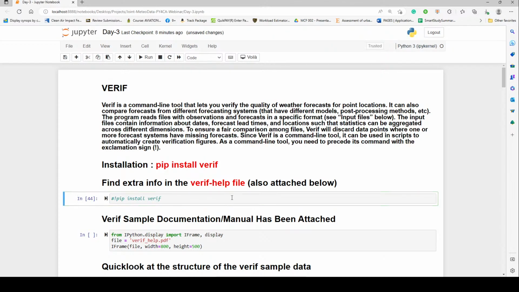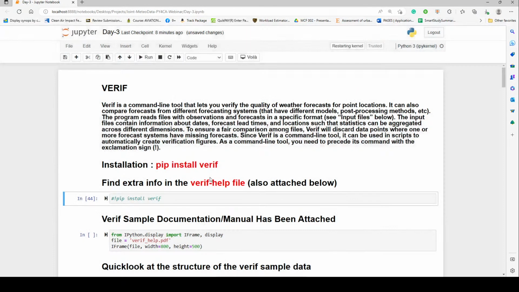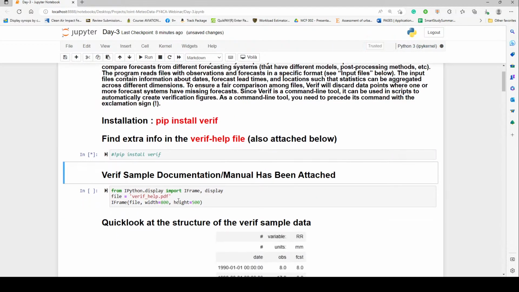So I'm just going to run through this, with some write-up here to assist you on what verif is and how it works. I'm going to restart my kernel so that we start from scratch. In order to display this verif help file directly in my Jupyter notebook, so we can visualize it directly,